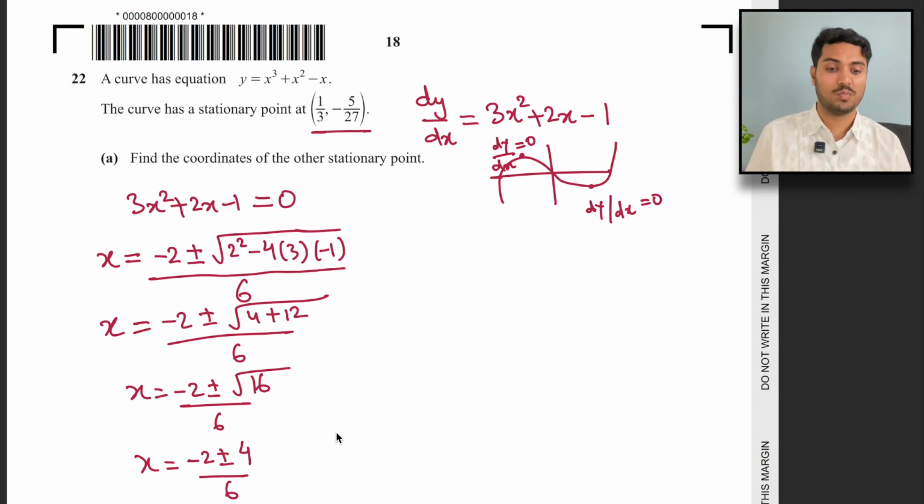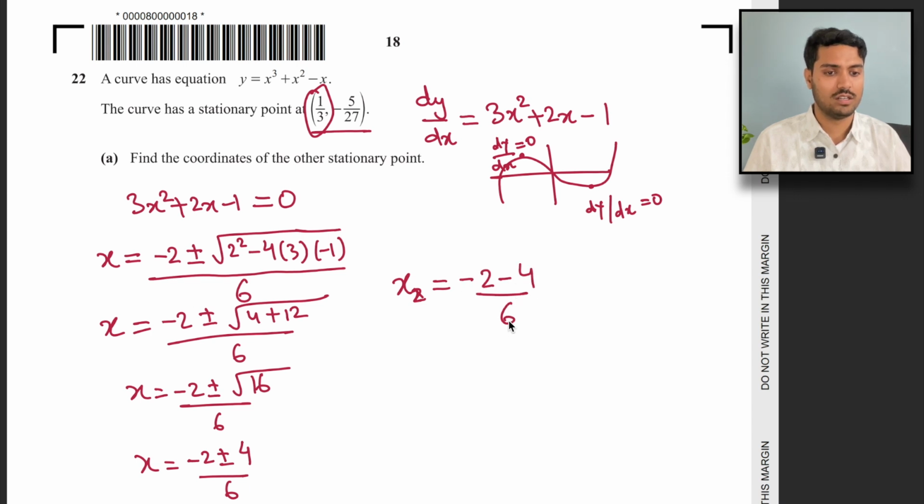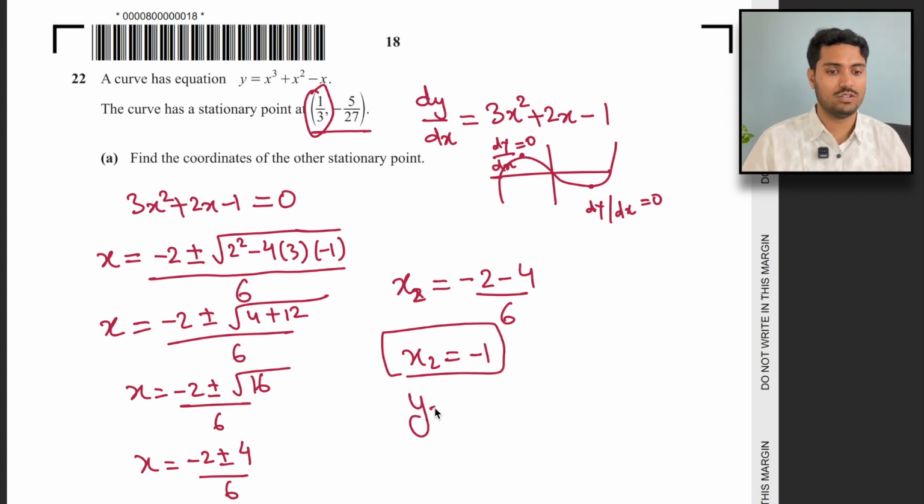So if I use plus here, then I'll get 2 by 6, which is 1 by 3, but 1 by 3 is already known to me, so I'll use negative now. x2, because x1 is already known to us. x2 is minus 2 minus 4 upon 6. So x2 is going to be minus 6 upon 6, that is minus 1. So this is negative 1, and then y2 is going to be